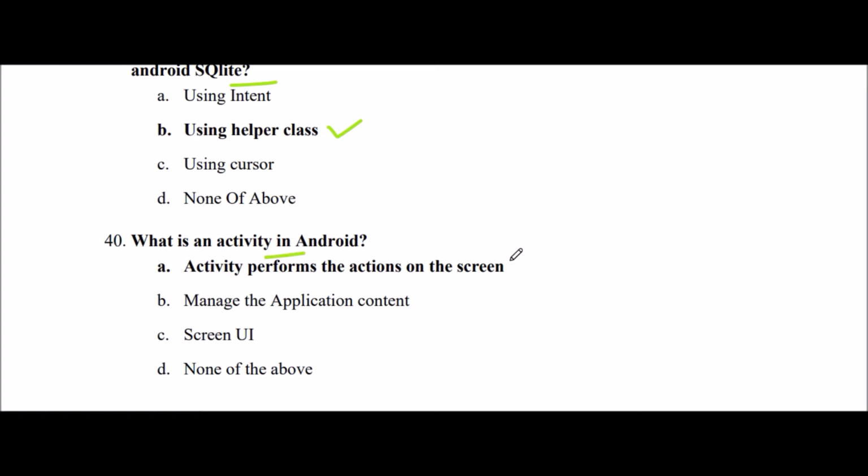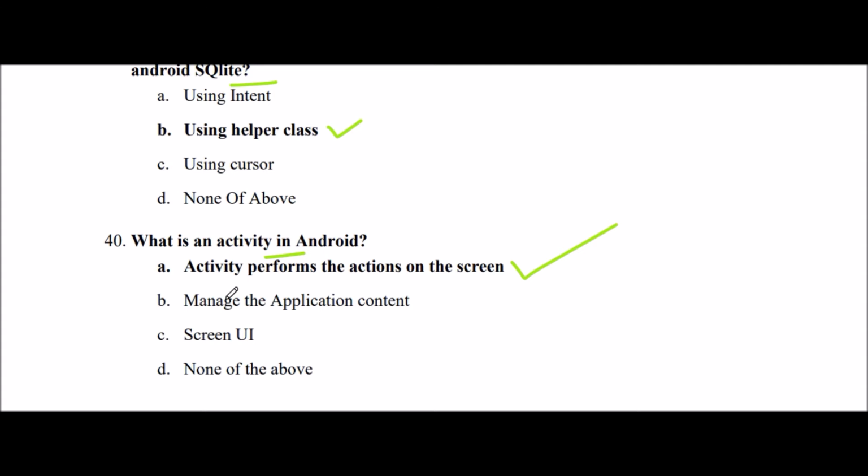Activity performs the actions on a screen. Okay, for more information, activity represents a single screen with a user interface, just like window or frame of Java. Android activity is the subclass of context theme wrapper class. If you have worked with C, C++ or Java programming language, then you must have seen that your program starts from main function. Okay, very similar way, Android system initiates its program within an activity starting with a call on